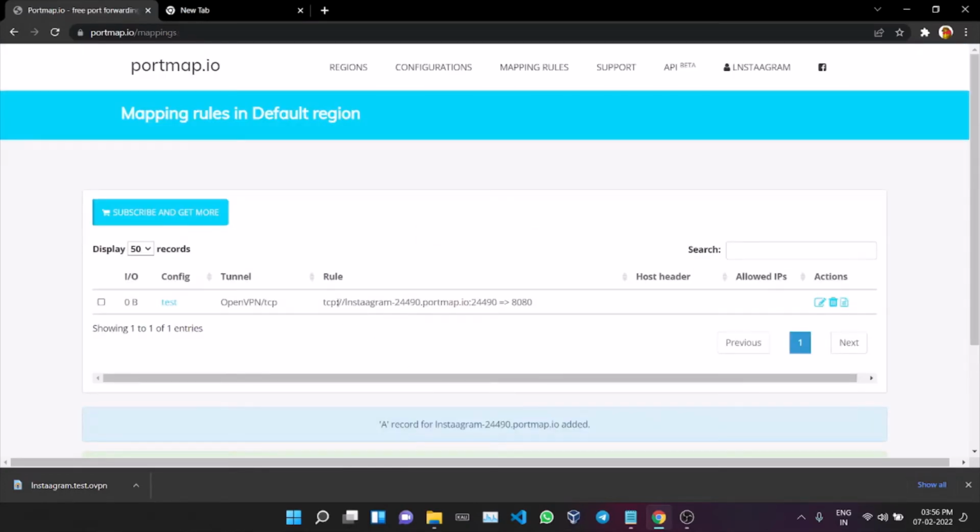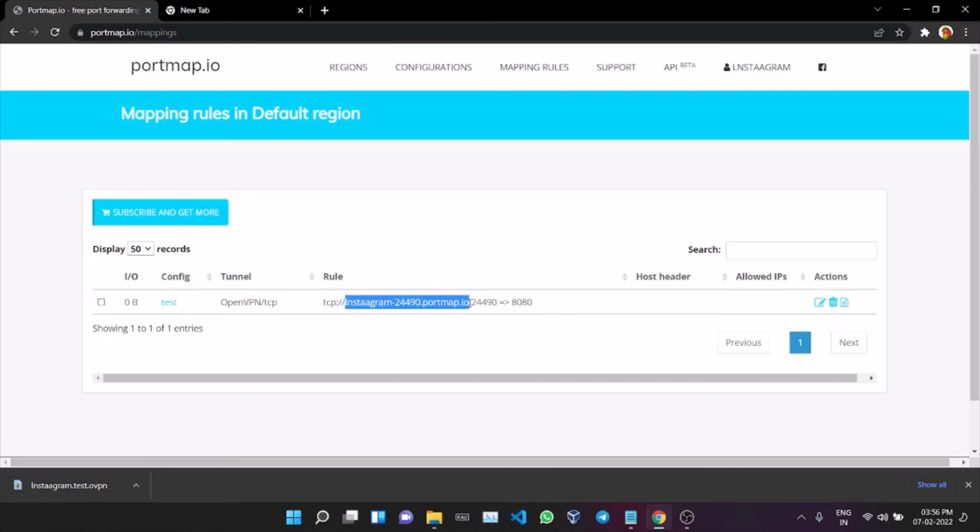Now what this rule says is that it is a TCP connection first, and HTTP is TCP based, so we can use it for HTTP also. Any request sent to this IP and this port, this is a socket address. An IP and port combination is known as a socket. So any request sent to this address will be transferred to 8080. But to what 8080? There is no IP defined. So it will be sent to my computer's IP address. How will it know my computer's IP address?